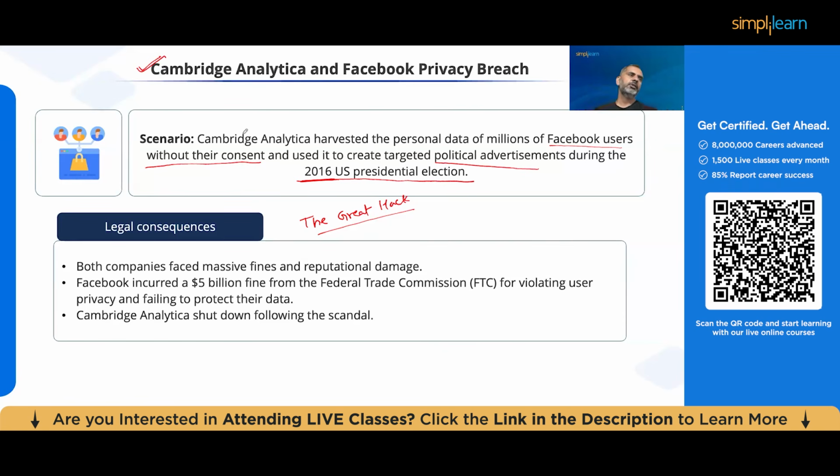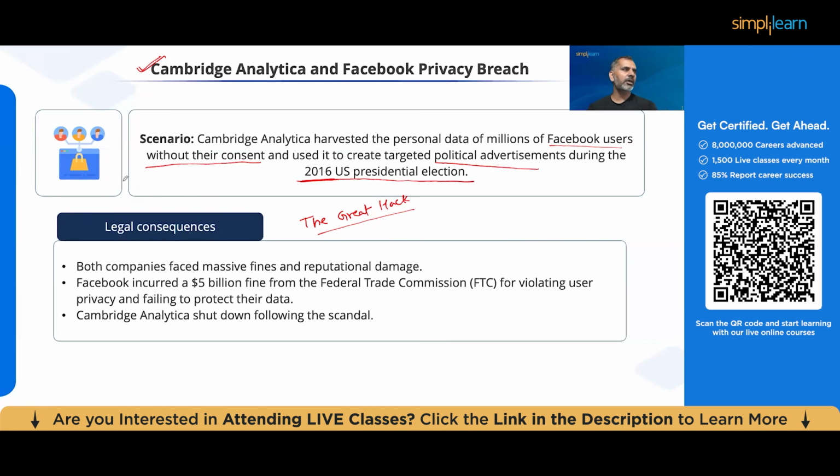The documentary was filmed around the lady who played a key role in leading that election campaign, and she gives an interview in that movie. You can watch it and understand the power of data science, and how much damage you can do to any level or any business if you misuse the data. Anyway, this happened in 2016, but later it was discovered.